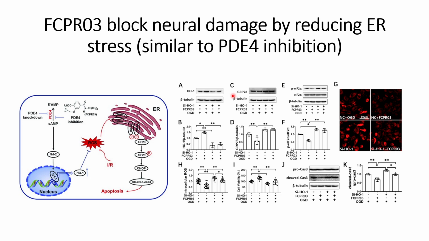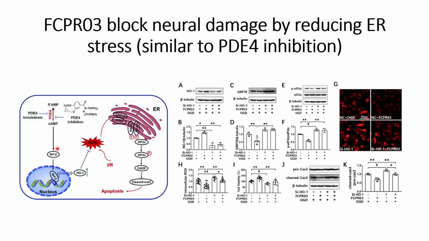And they have done the same thing to check whether the proteins that are involved in the ER stress get upregulated or downregulated. And we can see that in the last case there is upregulation of the proteins compared to the case where there is no silencing HO1. So this indicates that HO1 could be the reason,